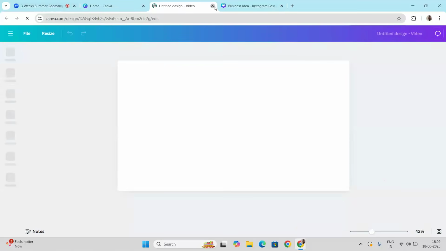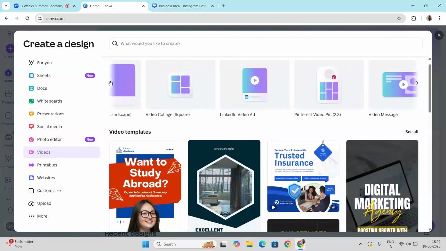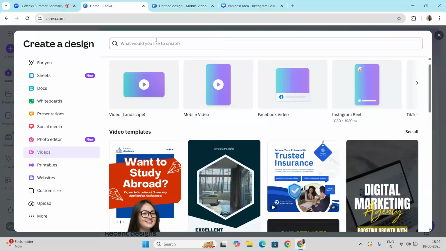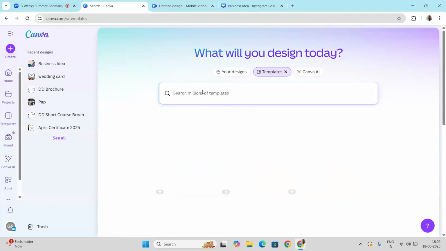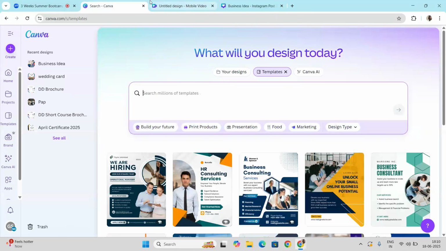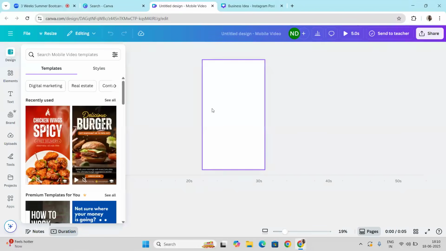So now, just wait, I have opened something. I'm just going to take Instagram reel. You can simply come to the video section and go to Instagram reel, or the simplest way is to come to the search box, write Instagram reel, and choose create a blank. This is how the Instagram reel page appears, and again the same thing is there. If we are talking about video editing in Canva, the working will be the same, but there will be some differences in video editing. So we're going to cover what differences we have to study in this video editing part.